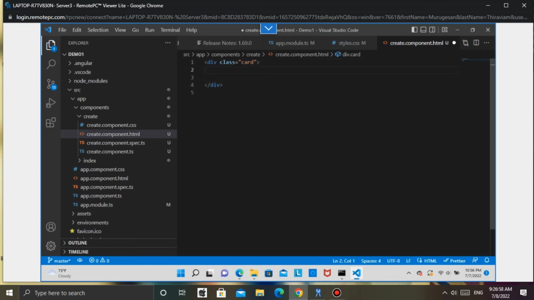Inside that you will type div class equal to card-body tag. Yes. So div tag card, inside that card body, inside that you will create your own form. So there is a form tag. Inside the form tag you will create the form group, div